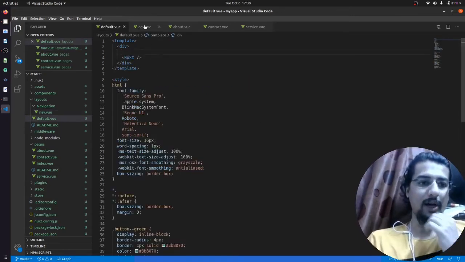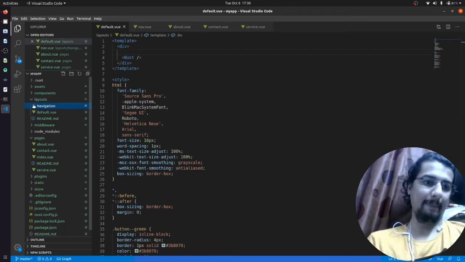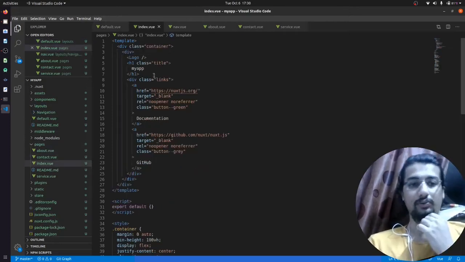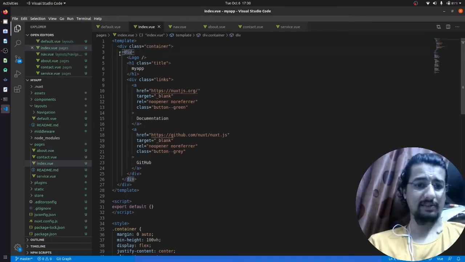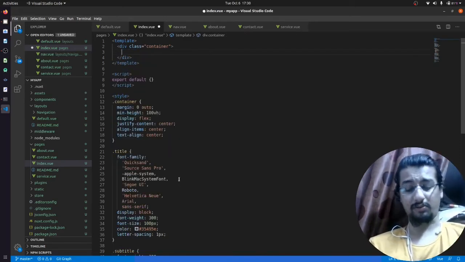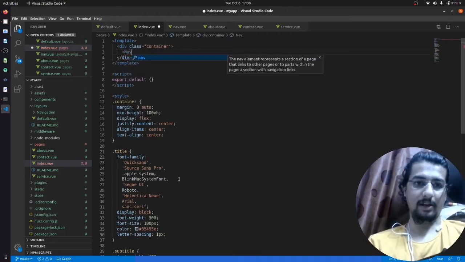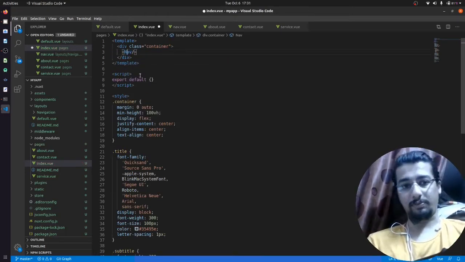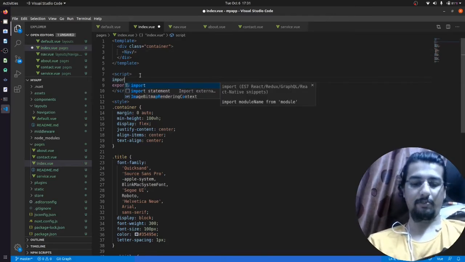Okay, so I want to use this file in my index. So how can we use that? Let me firstly remove each and everything that is here, the division. I'm not going to use them. Then after that I have a nav, and now this nav has to be imported. So how can we import this here?